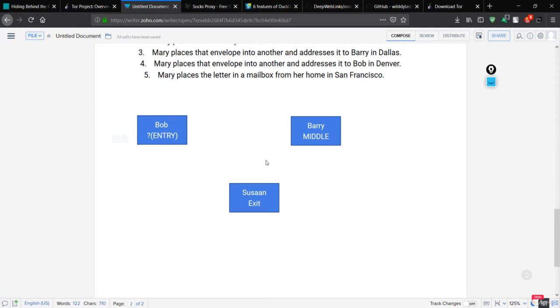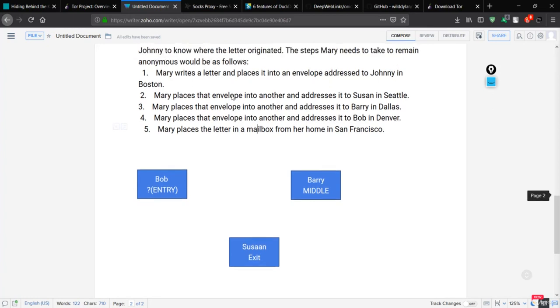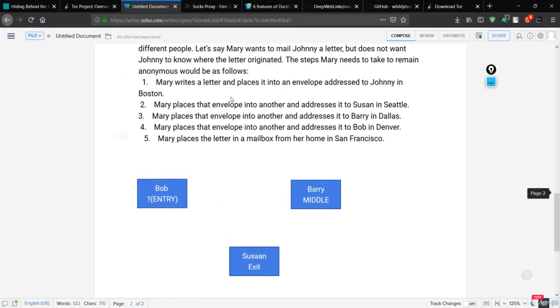So they are Tor nodes. That means this envelope which we are talking about over here represents a layer of encryption, and basically this inner content will be encrypted in the envelope. And just remember that every party over here, which is Barry, Susan and Bob, the metaphor for our Tor browser or Tor links or Tor nodes, will just unwrap the first envelope. So they only decrypt the first part of the message and not the whole message. That is very important to think about with the Tor browser.